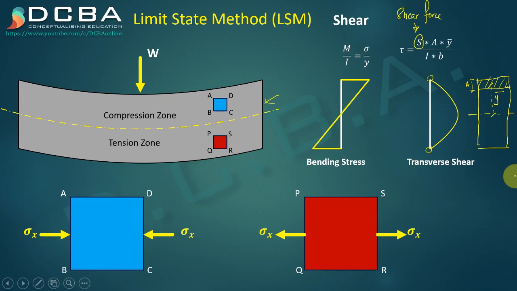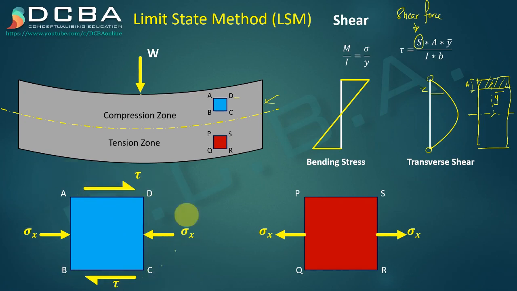Alright? If you want details on this transverse shear, I would recommend you read some good books on structural mechanics. Fine. So the point that you have to remember here is that the transverse shear at the top edge and bottom edge is 0. So you won't be having any transverse shear there. This is the transverse shear, and since this member is inside, not at the edge, we can safely show that there is a transverse shear there, because at this point we are having some transverse shear, right?